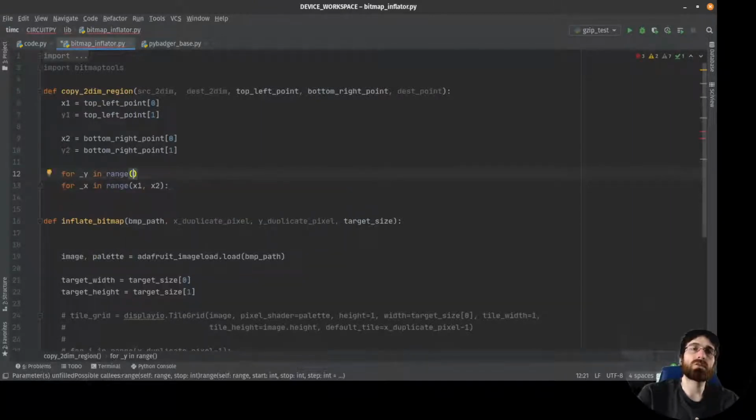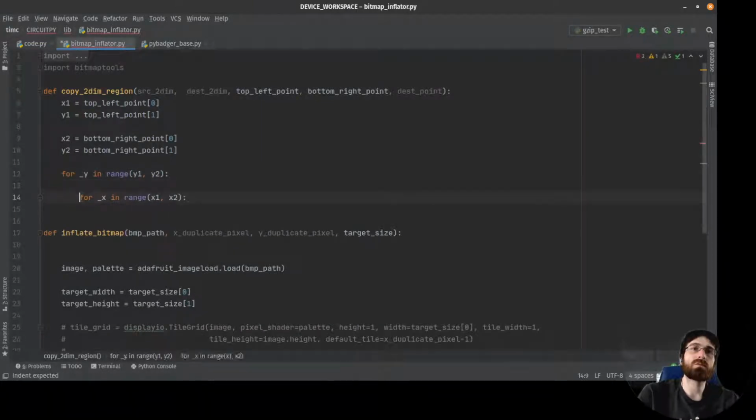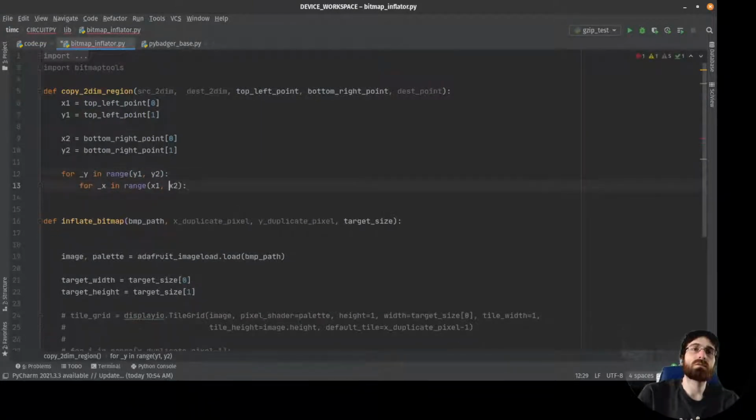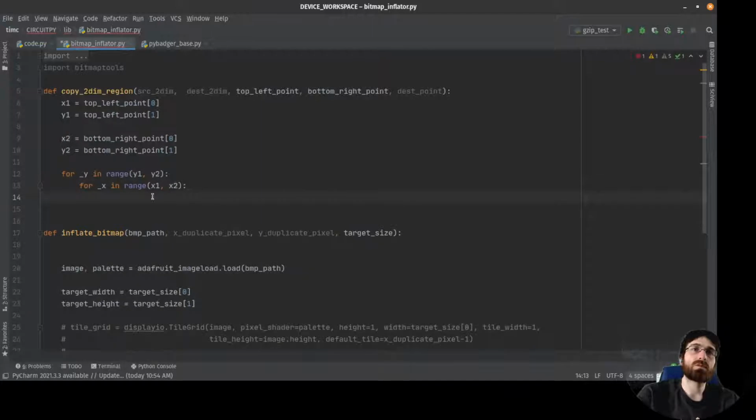This goes from y1 to y2. Looping over rows, and then looping over columns. And for each one of these, basically,